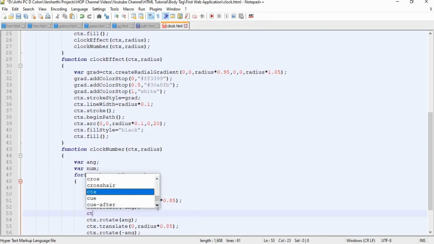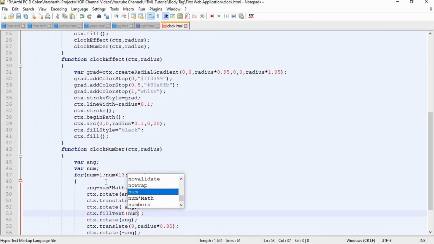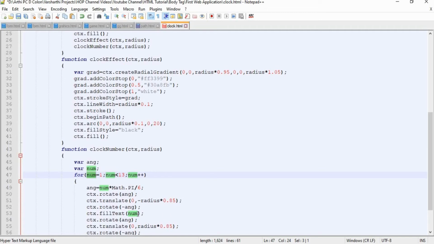Now we have to position the numbers, that is, we have to print the numbers. For that, a number is a text, and we are going to print some kind of text, hence we can use the function fillText. Inside it we can provide the numbers. We have stored the number inside a variable num, hence number dot toString.